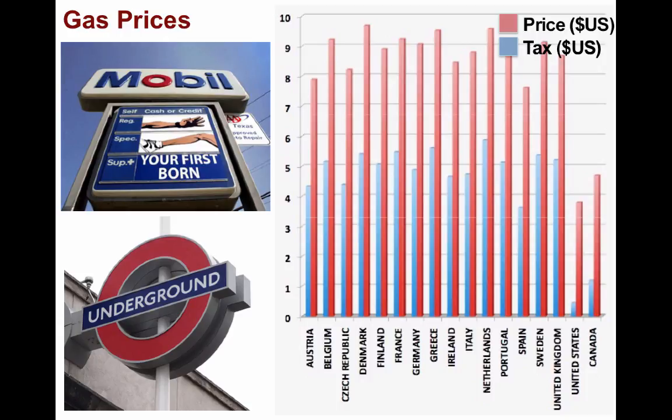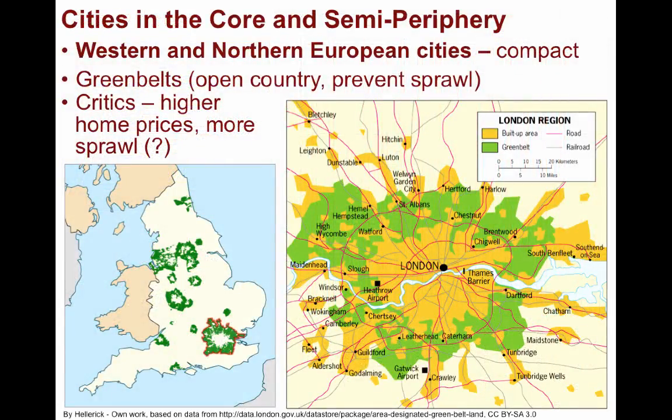While laws like greenbelts have helped to rein in sprawl to some degree, critics argue the environmental benefits have been limited, housing prices have risen faster than they should have by restricting natural growth, and they could actually cause more urban sprawl. If you look carefully at the map of London, you can see the built-up urban area beyond the greenbelt zone. This can arguably lead to longer commutes than if the greenbelt had never been designated.